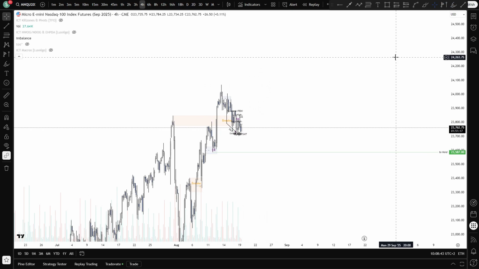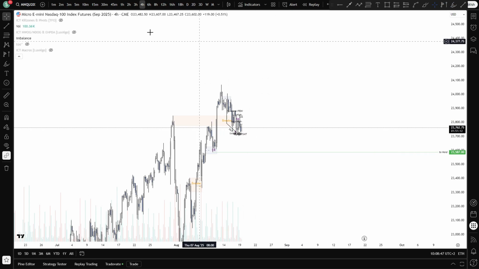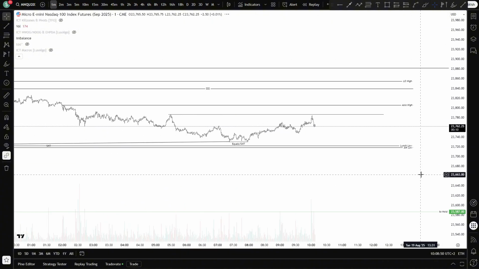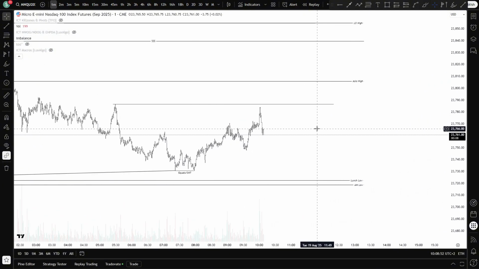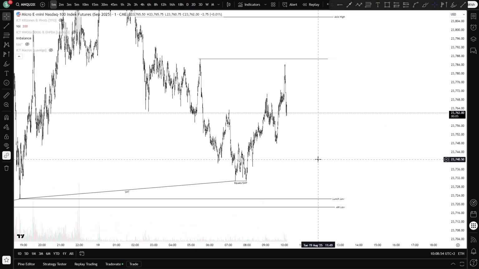So you have confluences to be bullish and you have confluences to be bearish. You just have to watch out for the zones where you can short or long. Let's look at my long